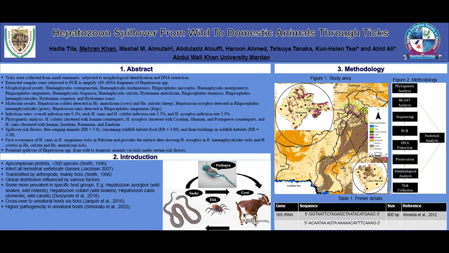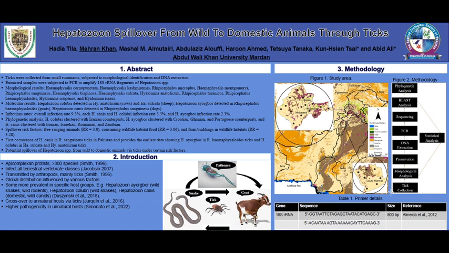Moving toward its introduction. So, Hepatozoon are apicomplexan parasites, and there are more than 300 species in this genus. They are considered to infect all terrestrial vertebrates, including wild animals as well as domestic animals. They are transmitted by arthropods, and mainly they are considered to be transmitted by ticks. They are globally distributed,